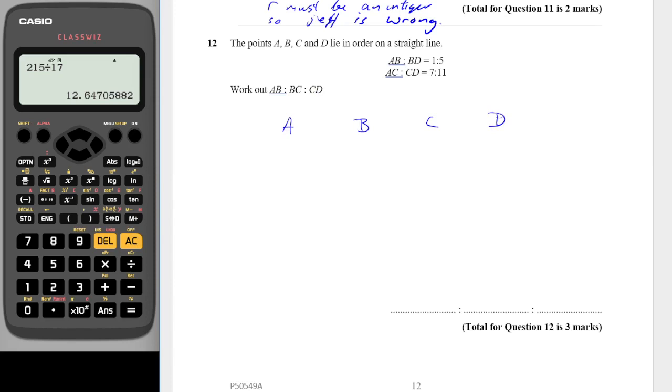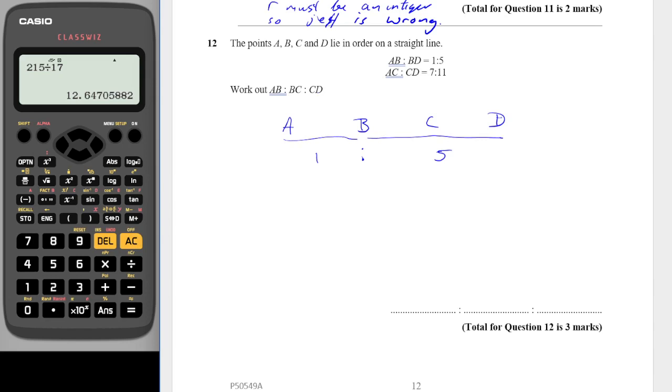So AB to BD, in effect we're breaking our ratio, is 1 to 5, and then the ratio of AC to CD is